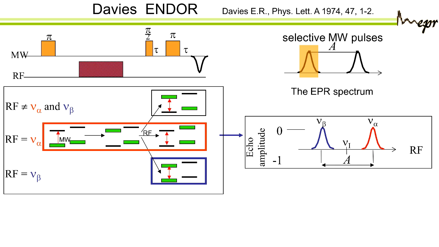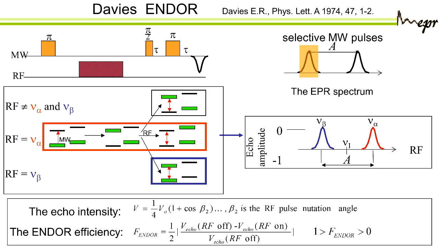Now, you can see that if the hyperfine coupling is small and small and small, then it's very difficult for me to do this inversion. So this method is better for larger couplings. If you have a coupling of 1 or 2 megahertz, you should use another method that we will talk about later. Okay, so